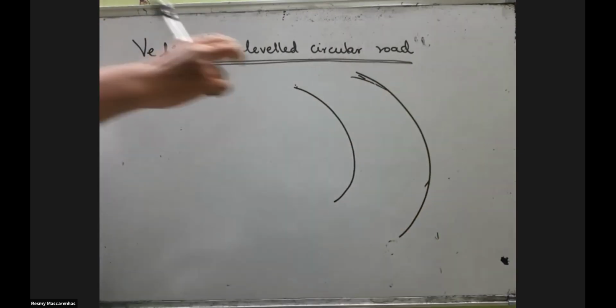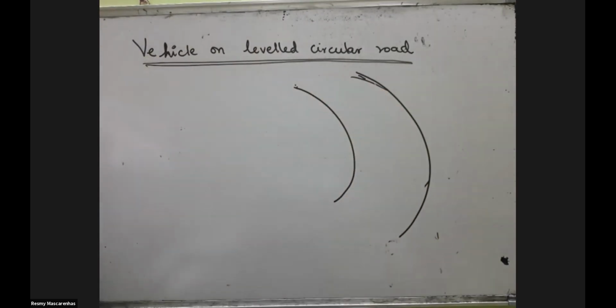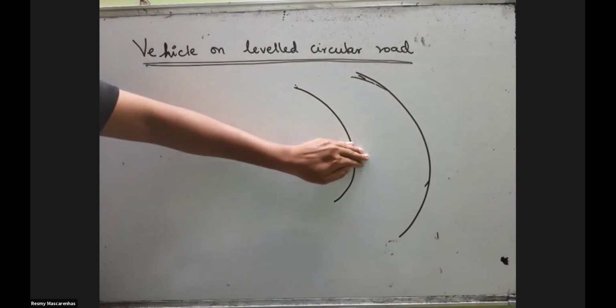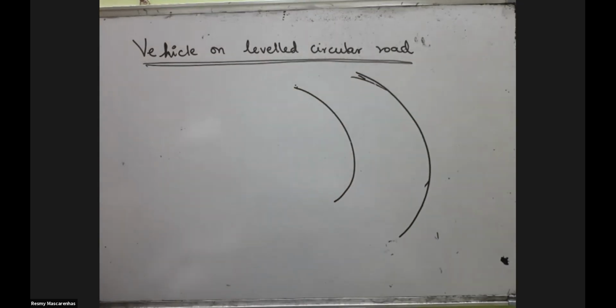Okay, consider it's a big circular road like this and a leveled one. Leveled means it's flat here. It's not like this part of the road is high and this part is low. It's a proper level. So in this derivation, what we will be doing is to calculate